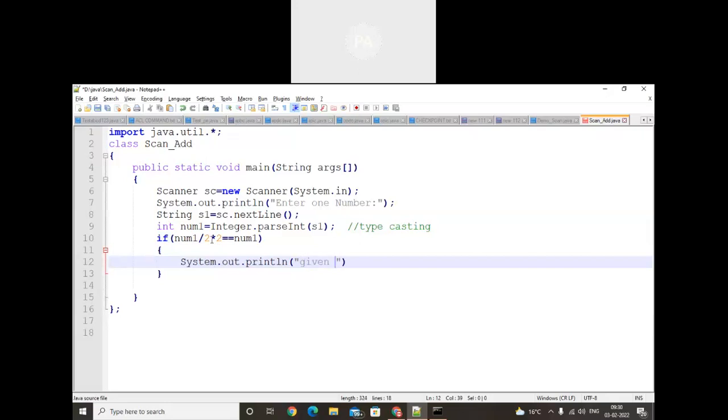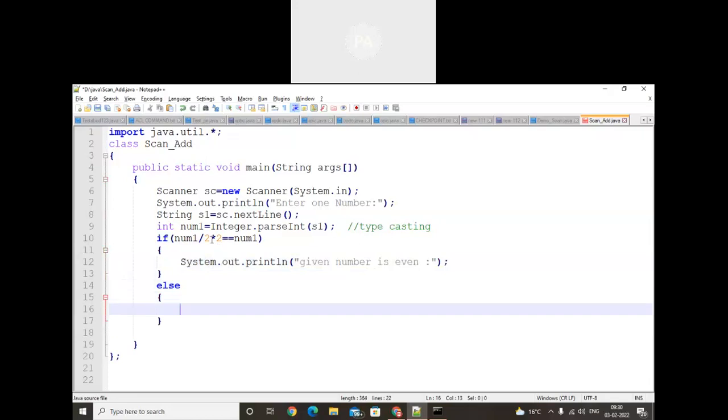One, yes, I want to search. Else, one number is not, or just instead of not,